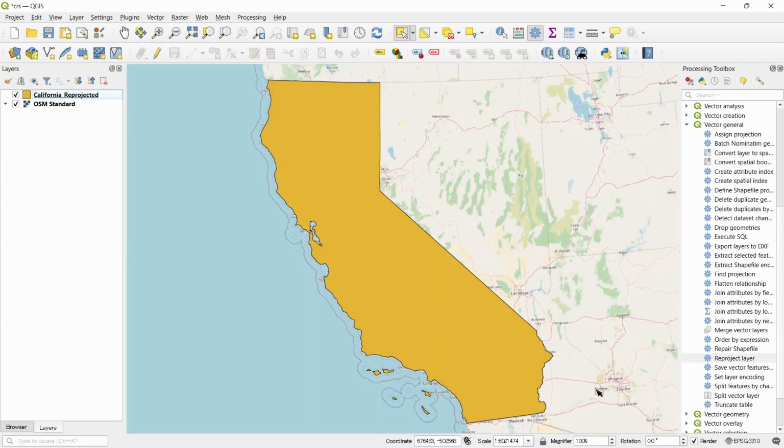You can see that our project CRS has been changed. You can also change the project CRS from double clicking on this